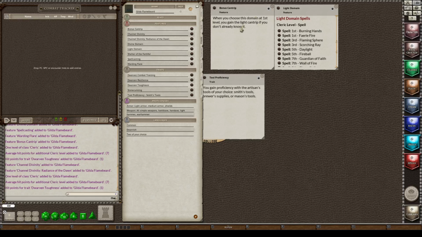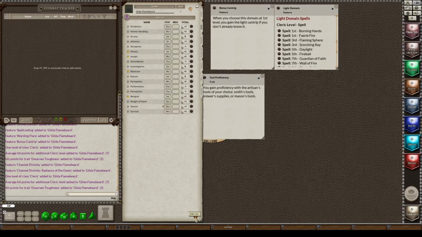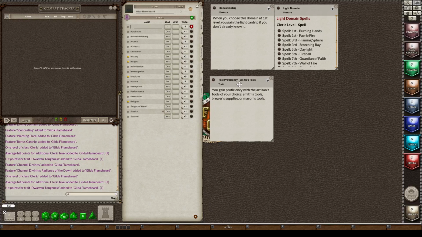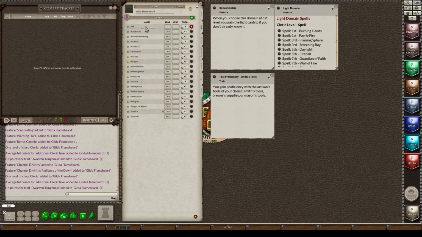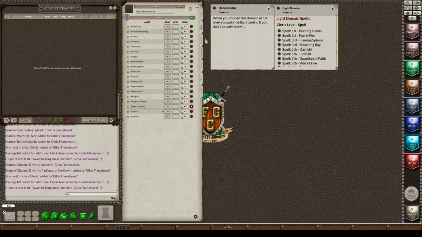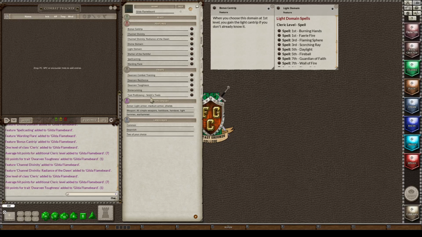I am also going to go back to the Skills tab and I'm going to click Edit. I'm going to click the green plus because I want to make sure that I am proficient in this because that's what it said. Smith's Tools. And I want to click the star. And then it moved it down here because it likes to alphabetize. I'm going to associate that with Strength and close that back down, and then I want to close the editing so that I don't mistakenly delete something. Okay, so that was Smith's Tools.